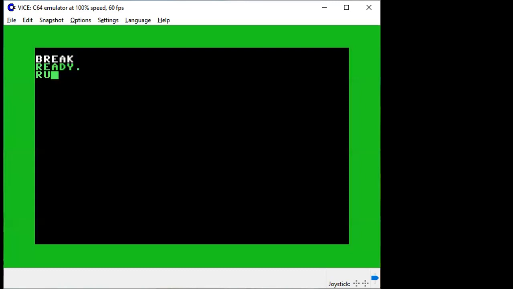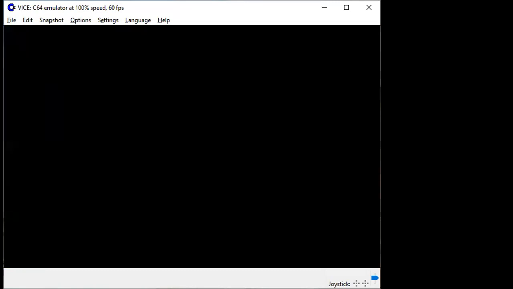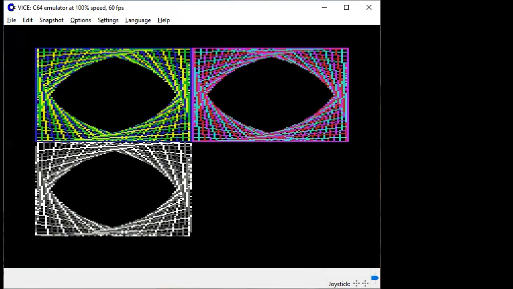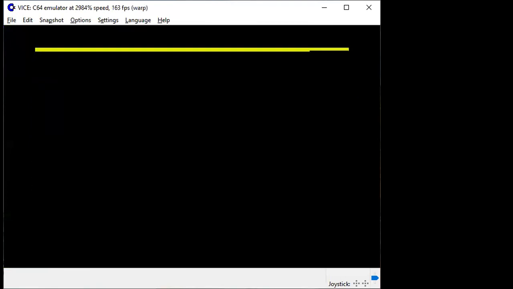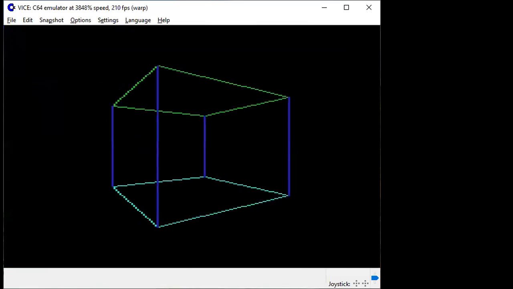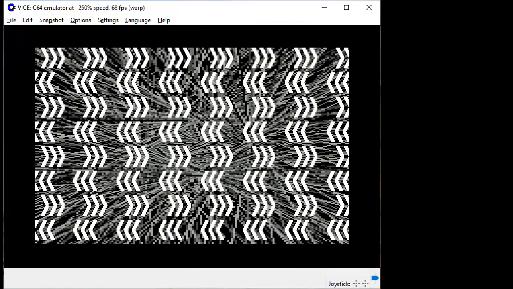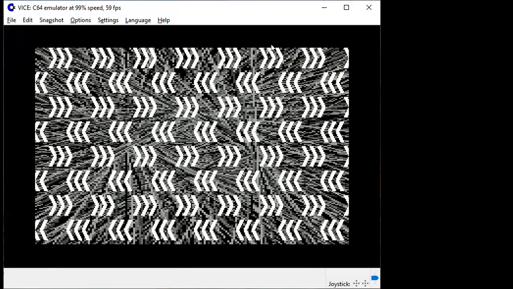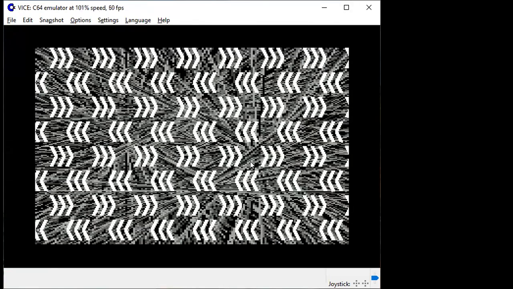Okay, I'm gonna try that again. The idea behind that, let me skip through all these. This is just warp mode. And okay, oops, unwarp it. This is just an example that you can set up interrupts. And this is showing 64